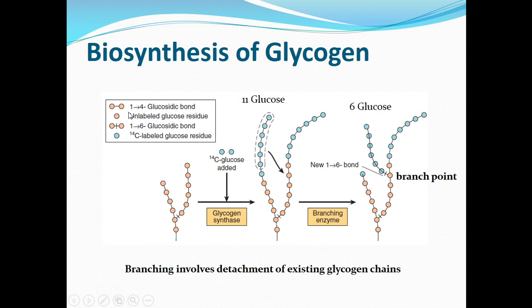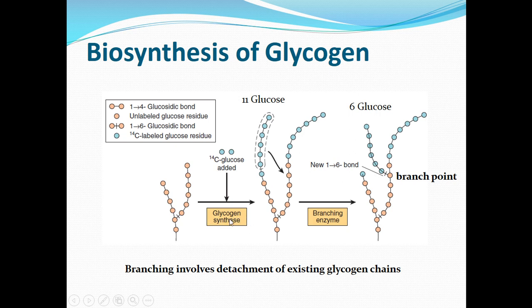You can see this is the alpha 1,4 glucosidic linkage found here and here, and this is the alpha 1,6 glucosidic bond. Here it is located, the alpha 1,6 glucosidic bond. These are the labeled glucose molecules just for understanding, and these are the unlabeled glucose residues. Initially, as we have already discussed,